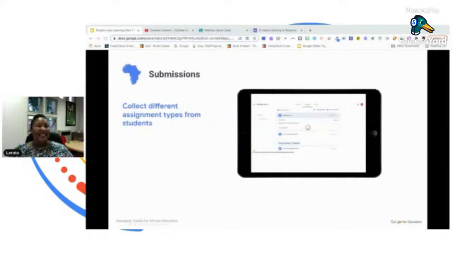Thank you, Google. Google Classroom allows you to collect all different types of learning. Oh, guys, I cannot stress enough how important this is for me, for that shy girl who's sitting at the back of the classroom, but would be more than happy to give me a wonderful presentation using Google Slides, or Google Sites, which I just showed you, or that one learner who wants to create videos and show me their creativity and express themselves.